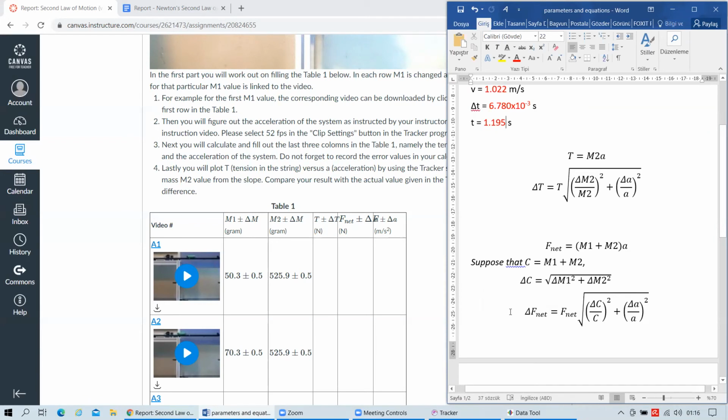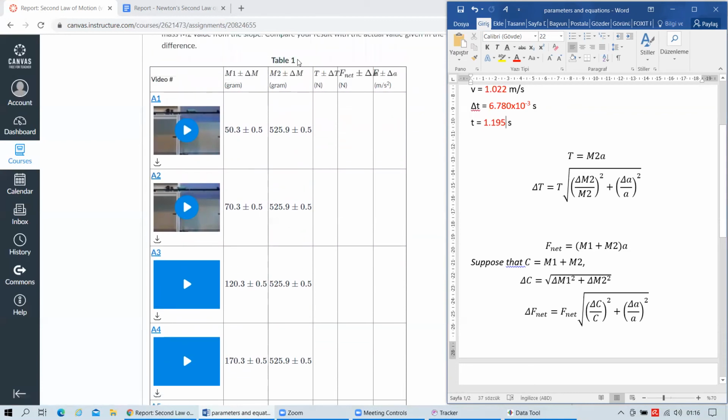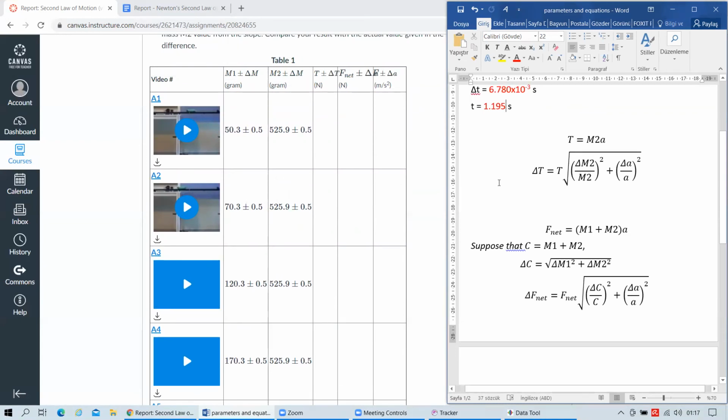So this is the way of filling out the first row for this table, and all the rest you are going to do yourself by using the corresponding videos for each row. You download it and put it on the tracker and work it out the way that I showed you. What next after filling out this table? What next is that